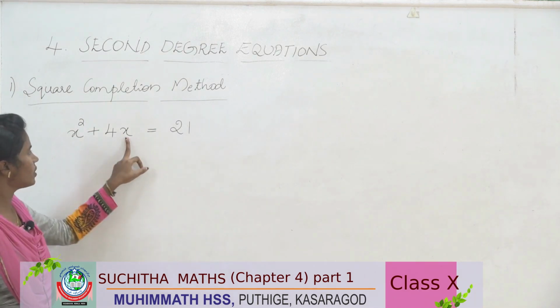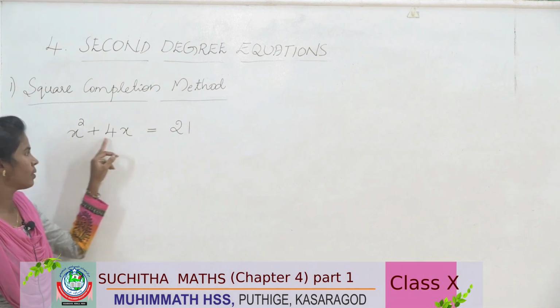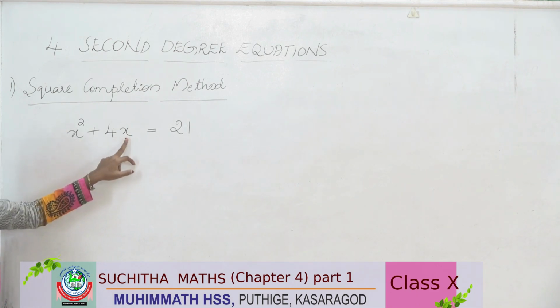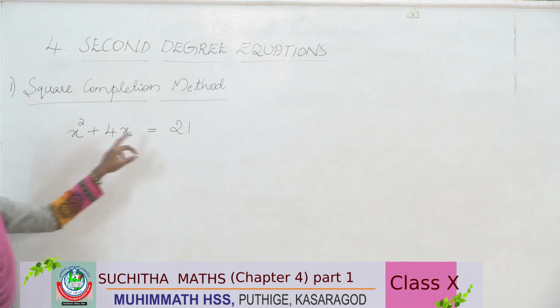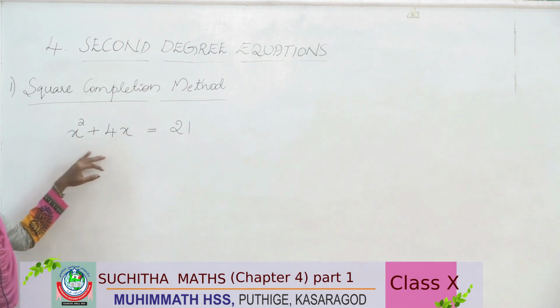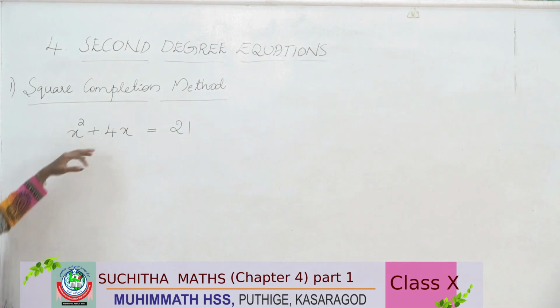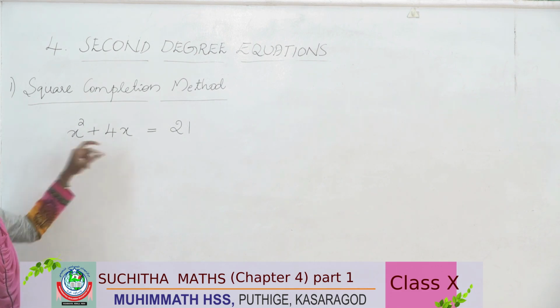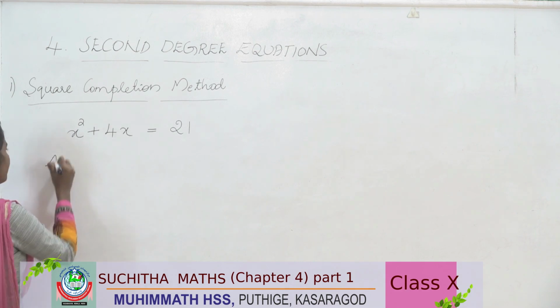Here the coefficient of x is 4. Coefficient of x square is 1. Here the coefficient of x is 4 and 21 is the constant term. Such terms we learned in the 9th standard. Coefficient of x is 4 and half of this 4 is 2 and its square is 2 square. So here add